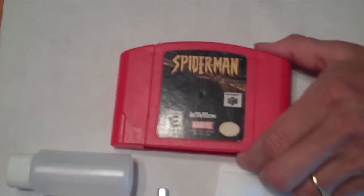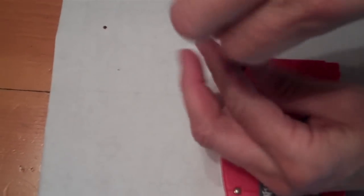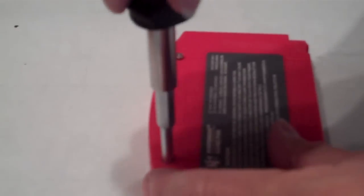Now, to get started, flip your N64 game over. You can see there are two 3.8mm security screws. Simply attach your bit to the bit holder. Apply a little bit of pressure to make sure it fits snugly against the screw head. You don't want to strip those. And once you have those